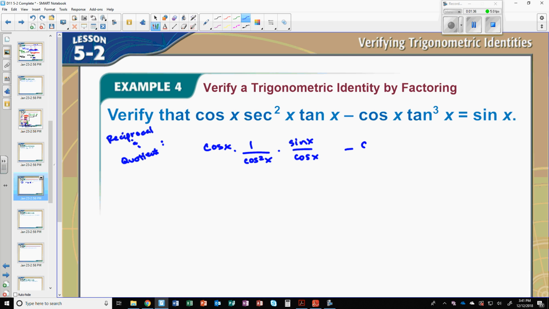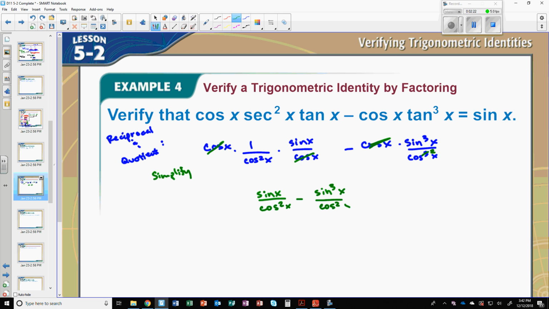Continue on, minus. Cosine's already in good form. Tangent is sine over cosine, y over x, so sine cubed x over cosine cubed x. So the first thing I'm going to do here is notice I can simplify this problem. So we wrote that, and now I will simplify. This cosine cancels with one of those. I'll just choose that one. Over here, this cosine would take away one of those. And so when you simplify, I would have sine x over cosine squared x minus sine cubed x over